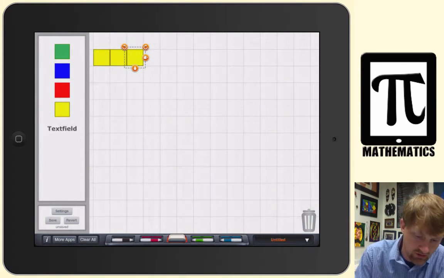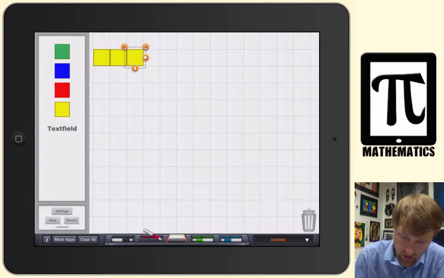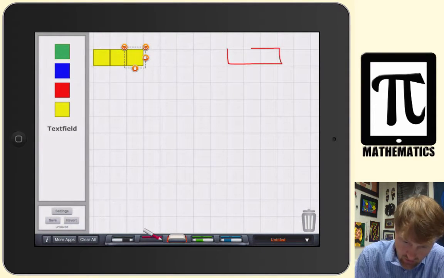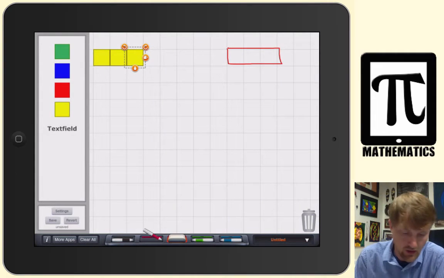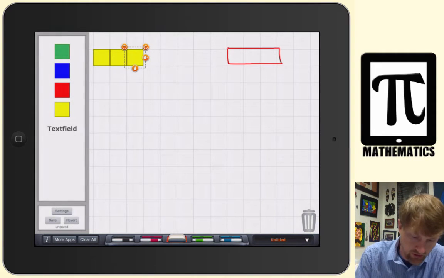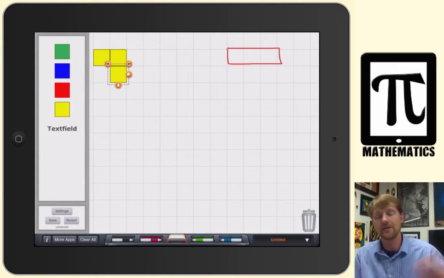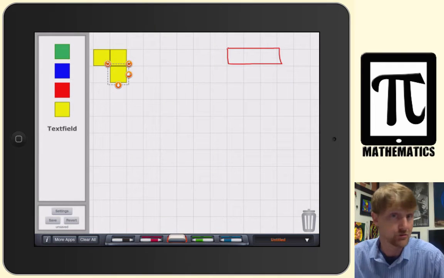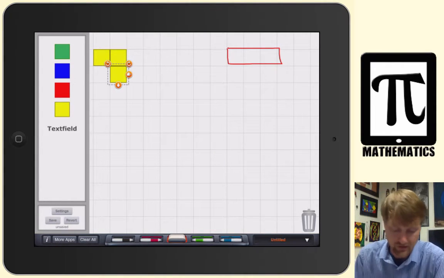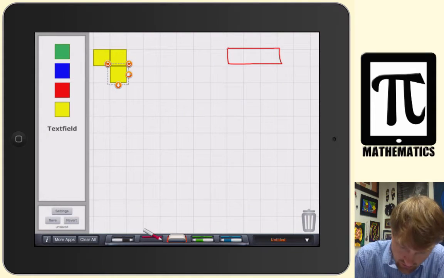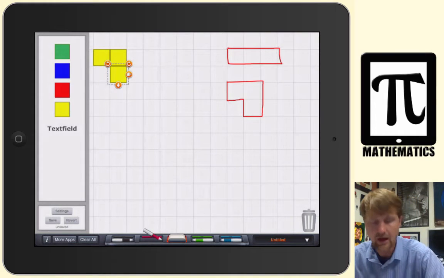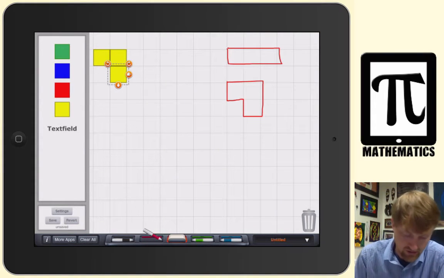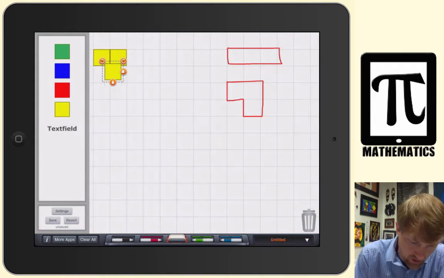Here's one solution, and we can record our answer. That's one of our shapes, okay? And then we draw, or we do another one. Maybe we move this one here, and the stipulation is they're non-congruent. So you want to create how many non-congruent closed figures can you make? So here's the second one,